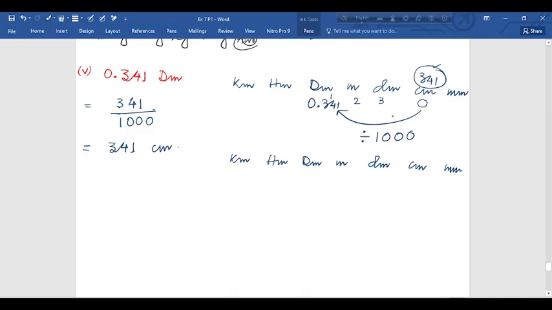Now, as we have this 0.341 dm, suppose 0.341, so we have to go back 1, 2, 3. Divide this. Okay. Now this 0.341 dm, that